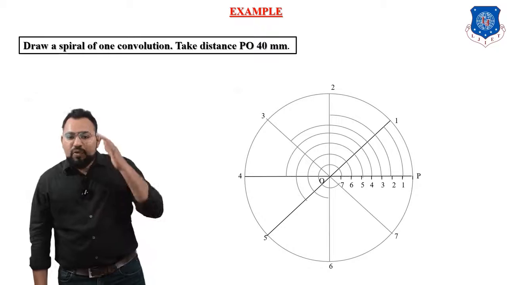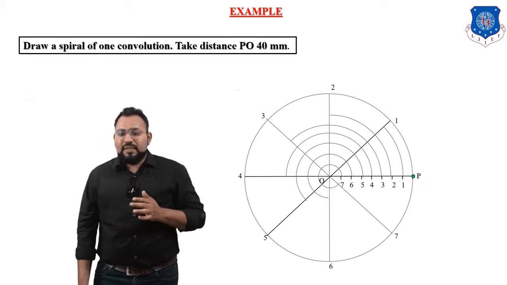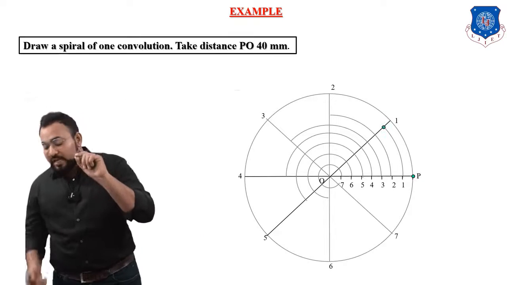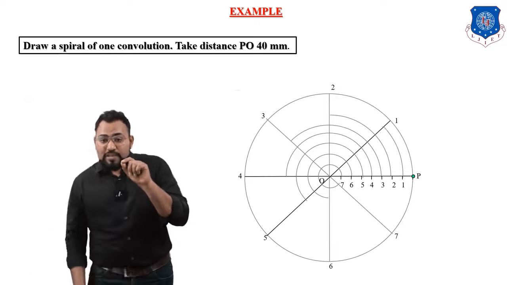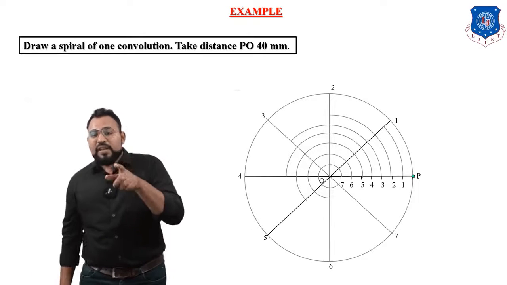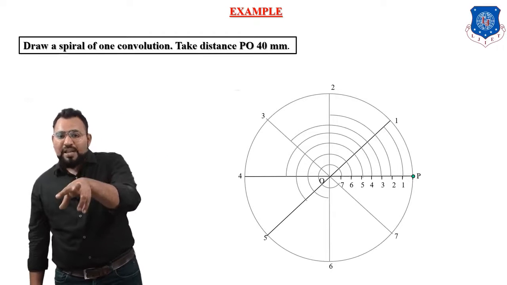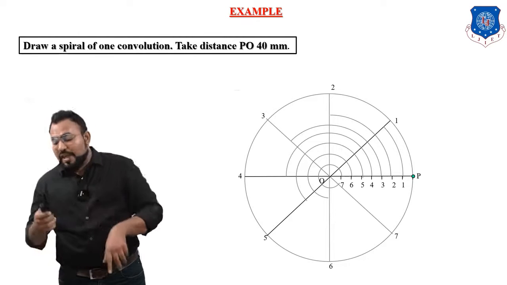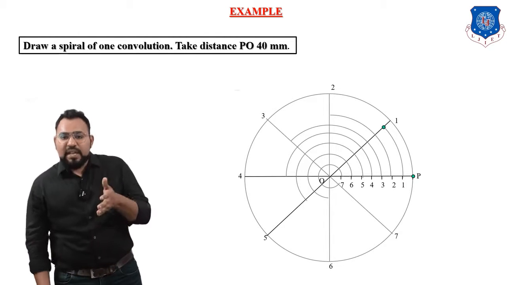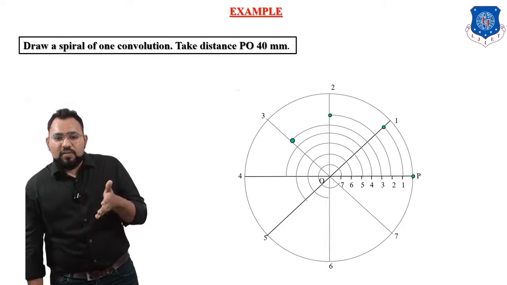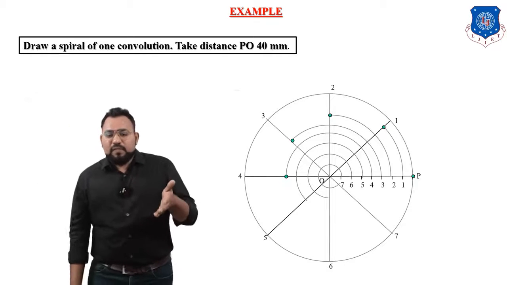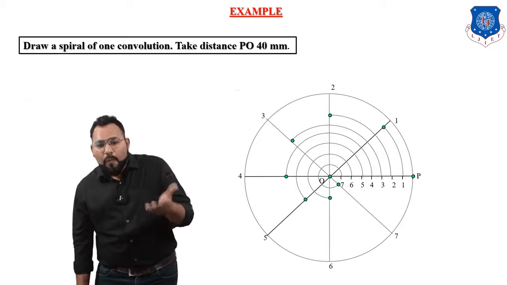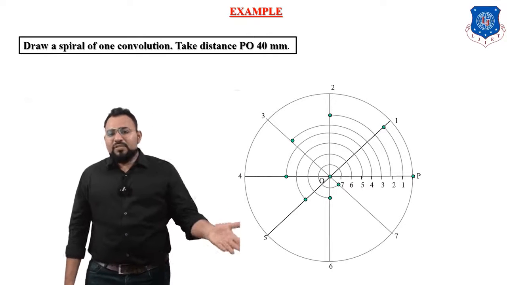So now what we have to do? So now we have to give the numbering like this. So point P. So we will darken the point P. Now we will darken this point. So what is this point? So what you have done? You have taken the distance equal to O21 and O as a center. You have put an arc up to the first division of circle. So whenever it intersect, we will give this point. Same way on the second division, same on the third division. This fourth division, fifth, sixth, 7 and 8 point will be O point itself. Okay, so these all are point.